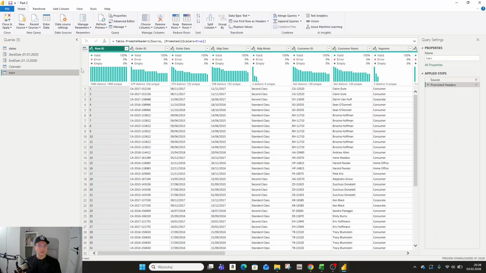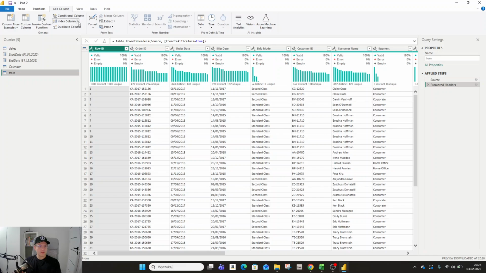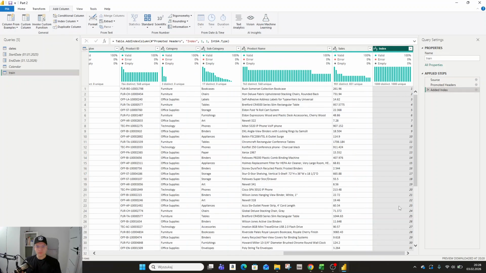So there is an option in transform or add column, index column. Index column automatically is counted from 0, but I can click on the arrow here and pick that it will be counted from 1. So you can add very easily an index column, as well as there is also an